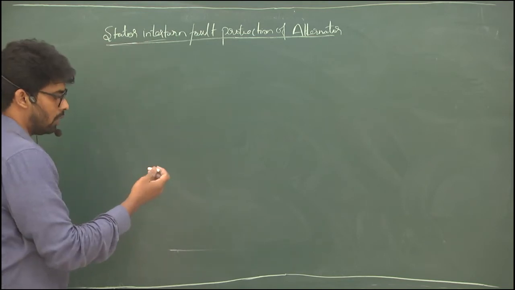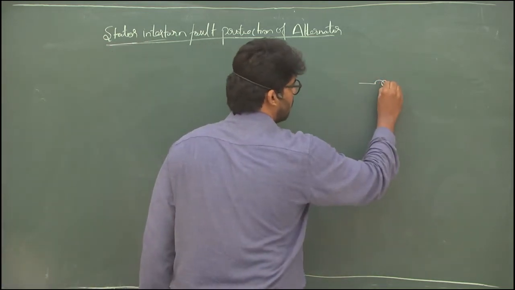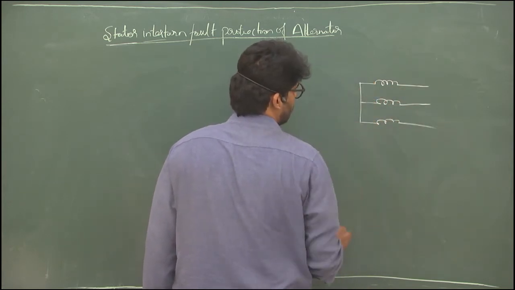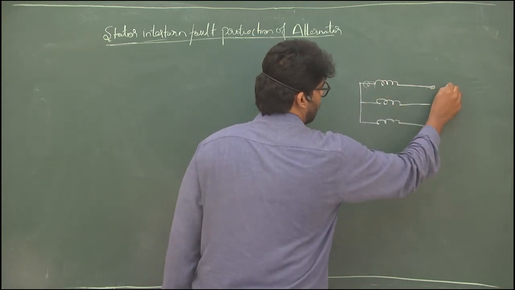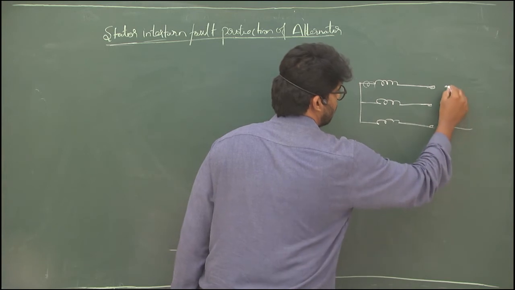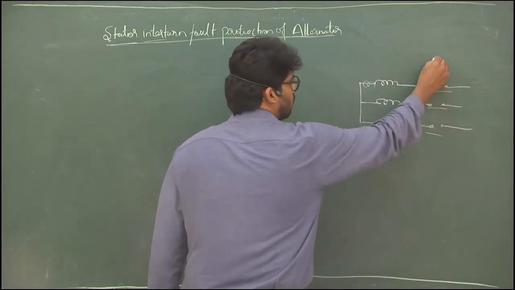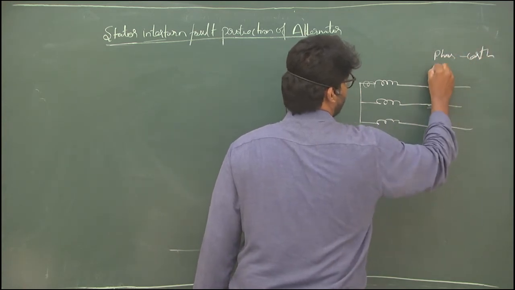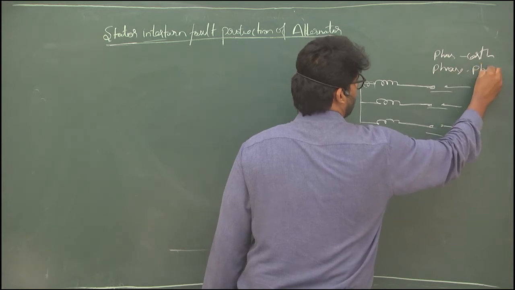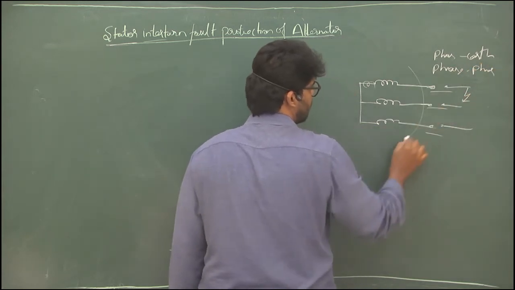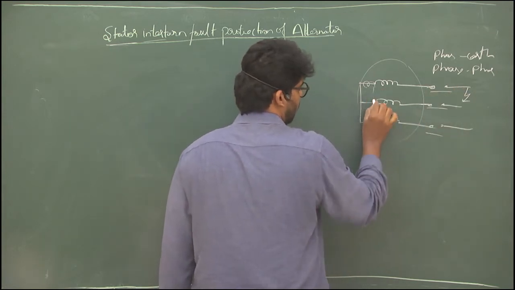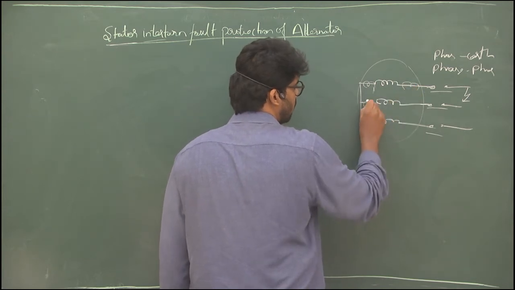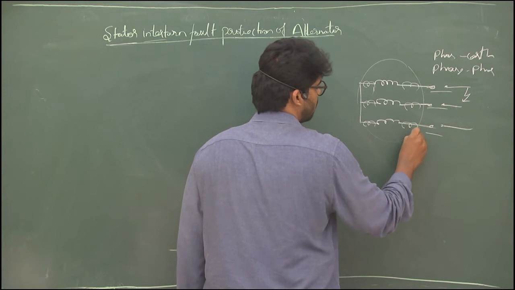What is the stator interturn fault? For example, this is the stator winding. We already know the star connected stator winding. Up to now we have discussed faults due to phase to ground, phase to earth, and phase to phase. If the fault is external, outside the protection zone, the relay coil will not operate, but inside the protection zone, the differential protection acts with the usage of circulating currents.